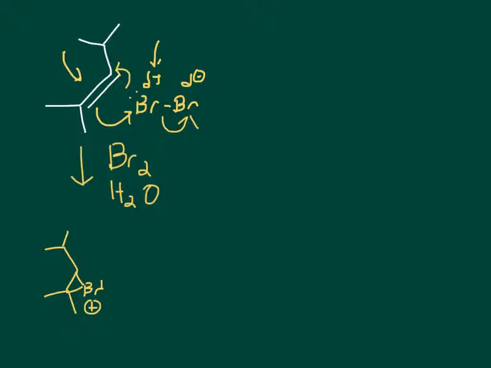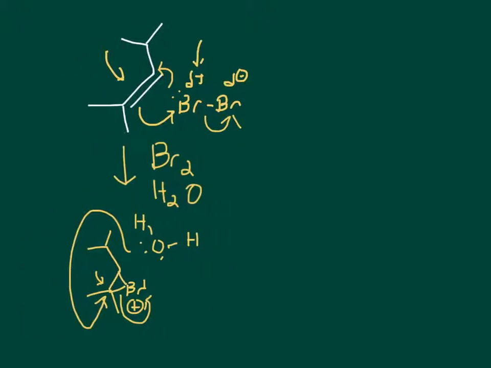Then with halohydrin formation, water is going to act as a nucleophile, and it's going to open up what we might consider a ring complex here, the bromium ion. You should remember that water prefers to attack the more substituted position based on electronic effects, since the positive charge of the bromine eventually, through the transition state, puts a partial positive here, which is more stabilized by the three neighboring carbons. So when it attacks, this bond will go back on the bromine, and once we've done a proton transfer, that will give us